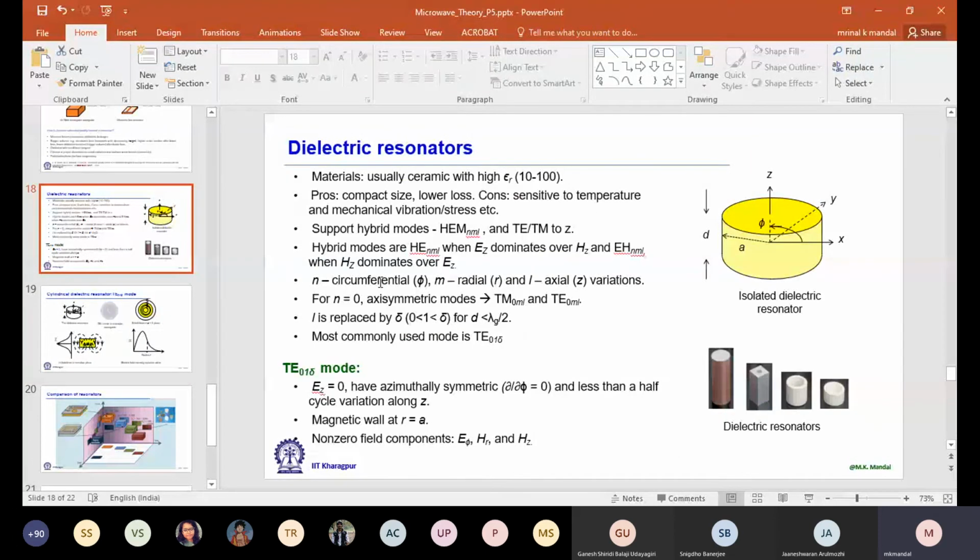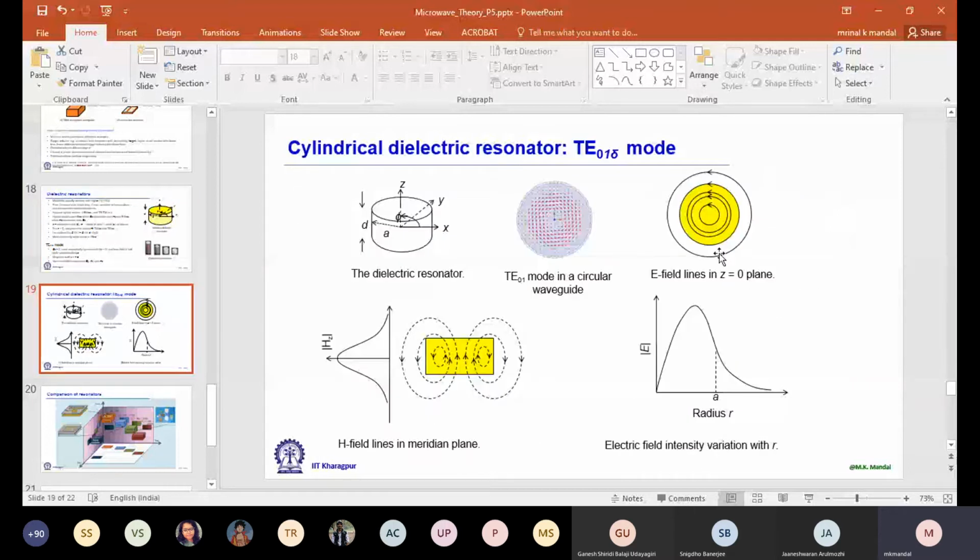So that NML represents number of maxima or minima. So along N we don't have any variation. You check here. In phi direction, do we have any variation? No variation. N equal to 0. We are talking about direction of electric field, not the mode number, right? Not the variation. Yes. Okay. Any other confusion? You can ask me. Otherwise, I'm going to start next chapter.